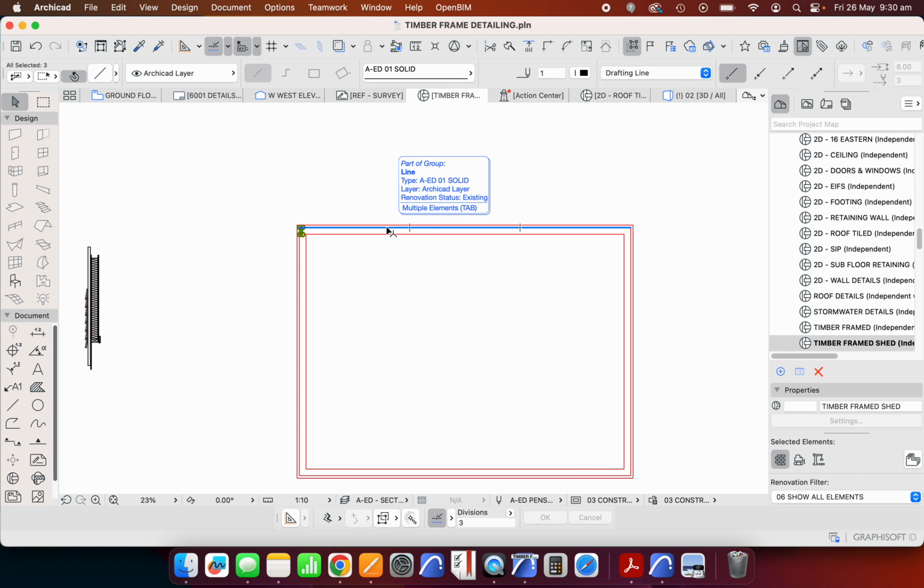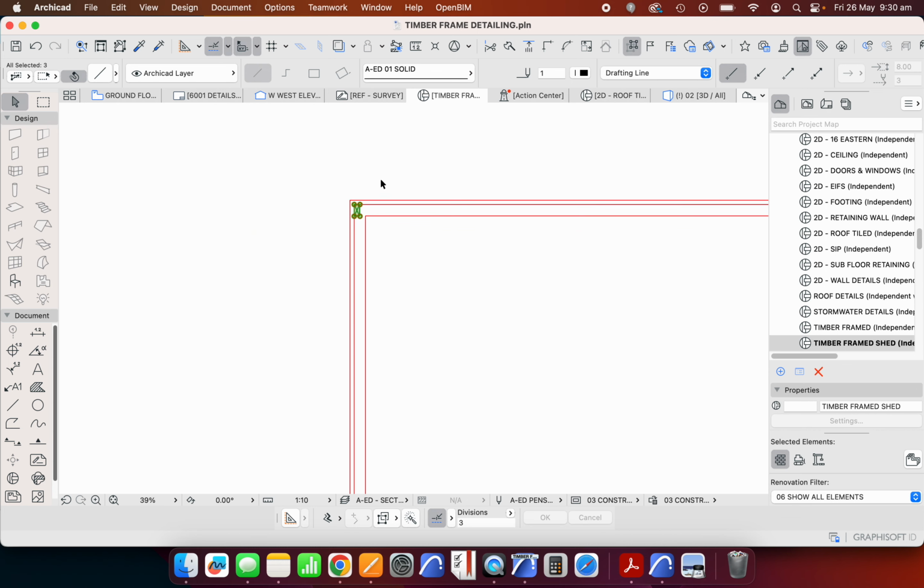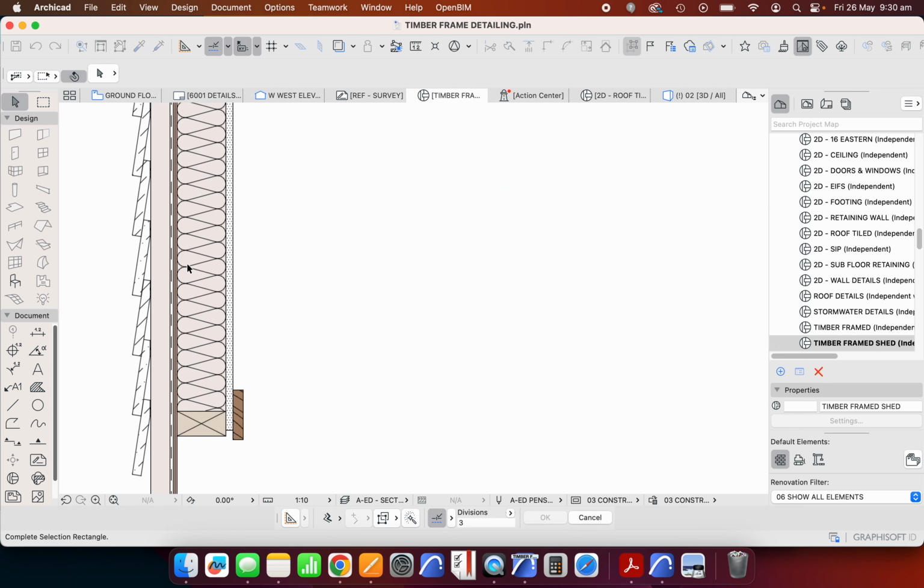Then I have to think, well, what's the interior lining going to be? I want the interior lining in this case to be fairly thin plywood, and so it also can't span a very long way. So it's better for me to use something like a 400 millimeter center so that I can have a piece of plywood that spans across it. Now, where would that piece of plywood sit? So if I pick up